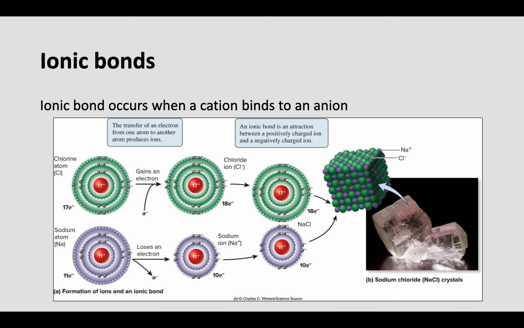So they can form ionic bonds. Again, same kind of opposites attract theory. In this case, we're looking at table salt, so sodium chloride, and it looks like a whole diagram here of gaining and losing electrons to become the different ions. One ion is positively charged, one ion is negatively charged. Opposites attract, they're going to form that ionic bond. So ionic bonds, I think, are kind of the easier types of bonds to understand.